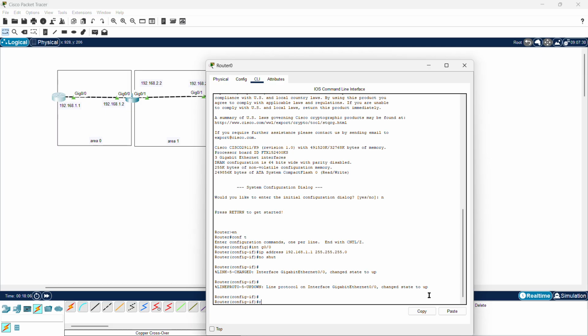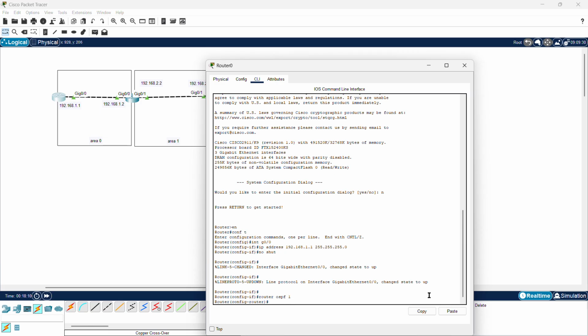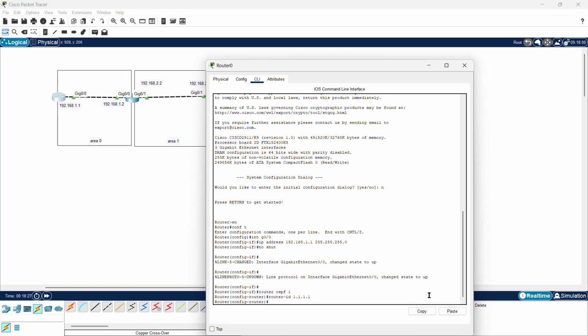Let's configure the OSPF router, OSPF 1. And you have to compulsorily give the router ID, because when you are configuring a virtual link, it will ask you only for the router ID, not any router IP address or something. You have to give a router ID. You can take whatever router ID with the 4 octets,